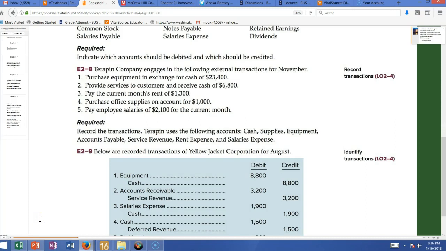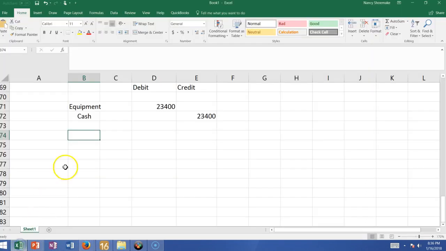Next, provide services to customers and receive cash of $6,800. Cash would be debited. Service revenue would be credited, right? So we would debit cash of $6,800 and we would credit service revenue for $6,800. Cash has a normal debit balance. Revenue accounts have a normal credit balance. Okay? Another thing, remember,